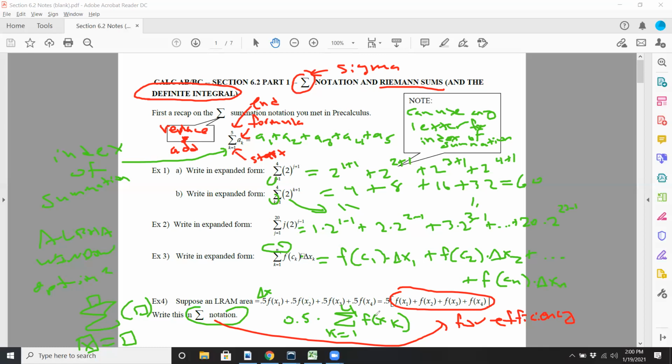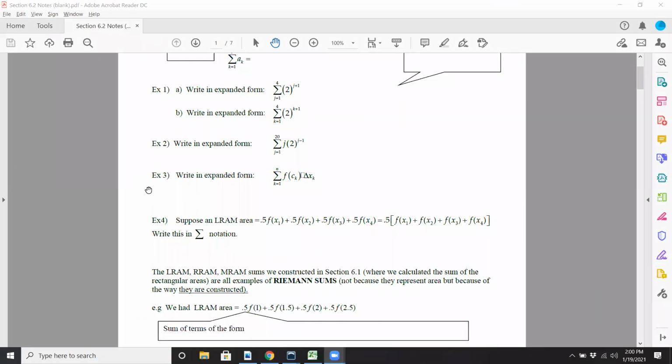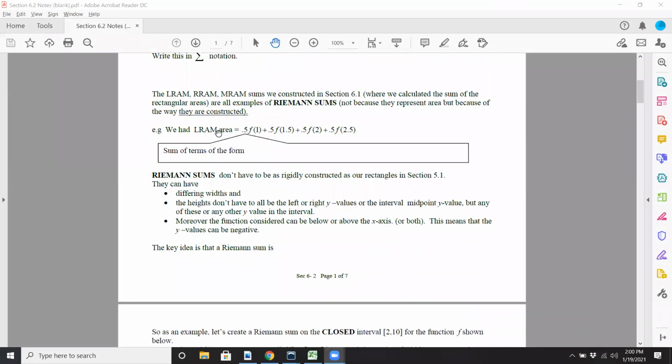Now, this is bringing us to a new topic called Riemann sums. So LRAM, RRAM, MRAM, we did it in the last section. We calculated some of our areas. Those are examples of Riemann sums. Well, what exactly is a Riemann sum? A Riemann sum is essentially a method